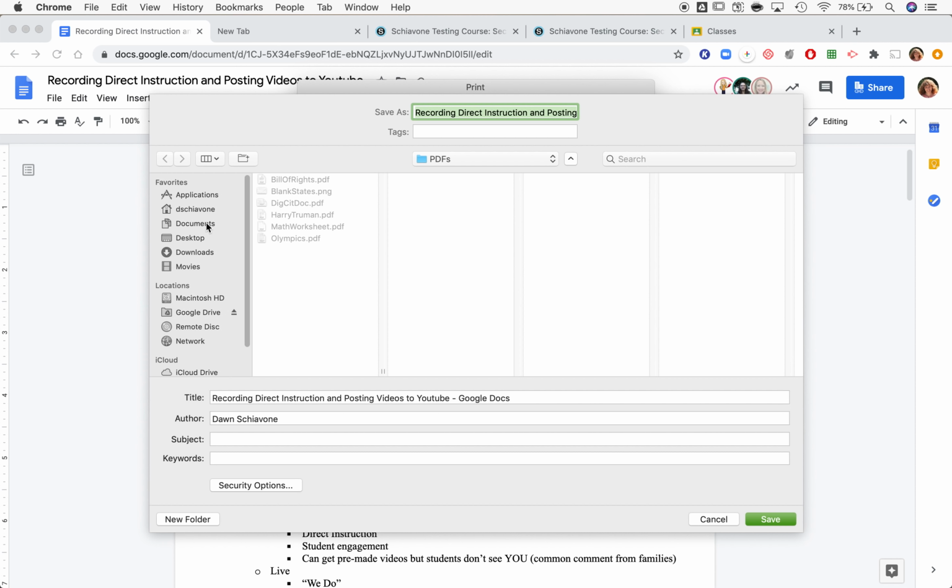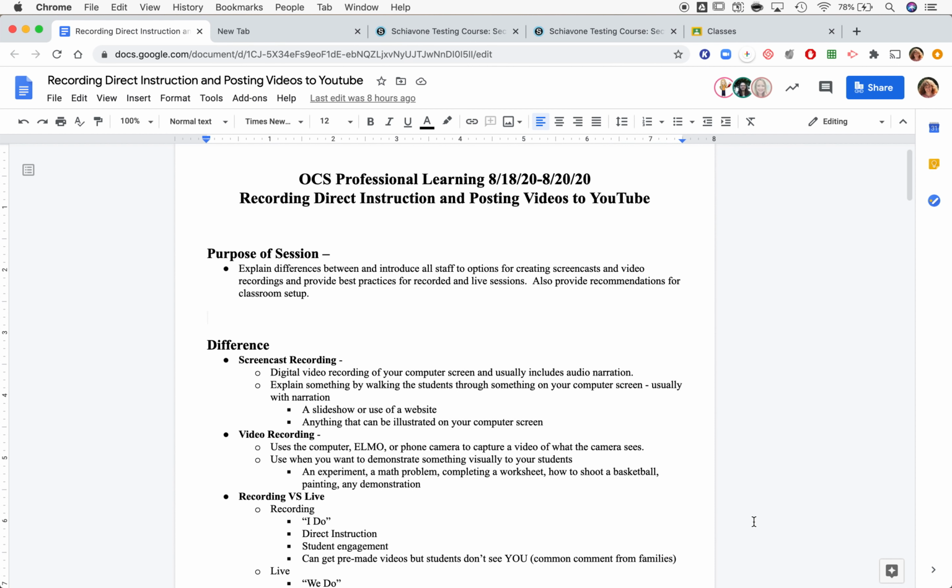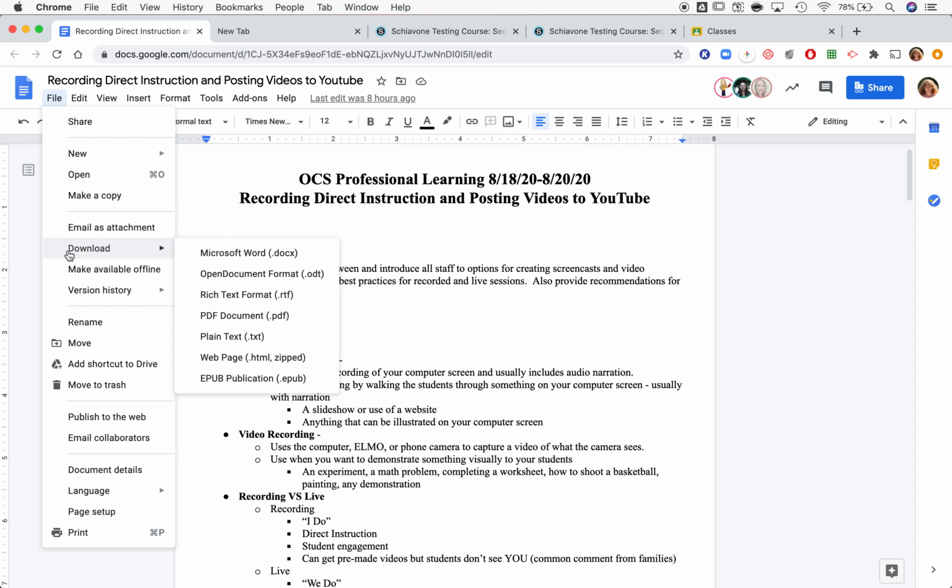I navigate to the folder that I want to save it to. I can rename it, or I can keep the same name, and I click Save. Another way, specifically in Google Docs, is that you can go to the File menu and select Download as PDF. But this will go to your Downloads folder, so you'll have to make sure that you remember that that's where